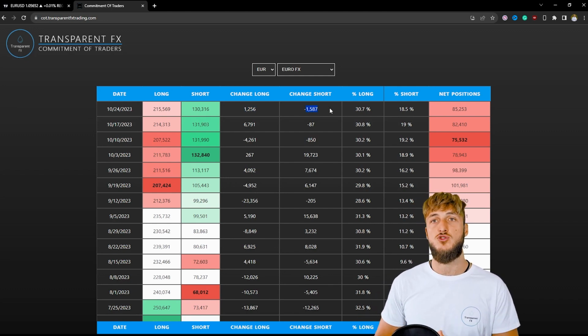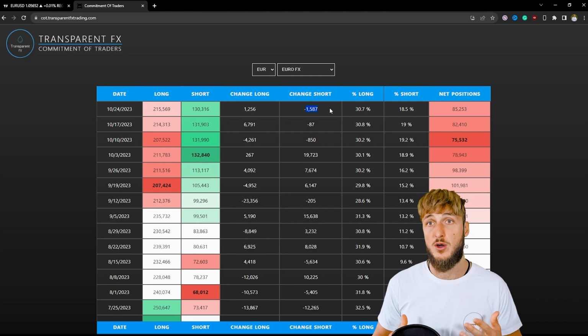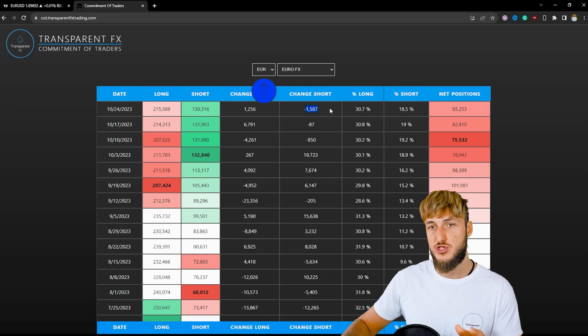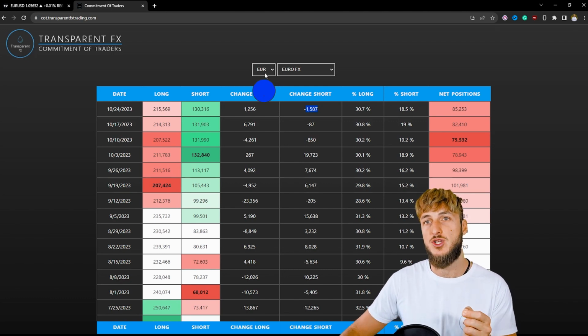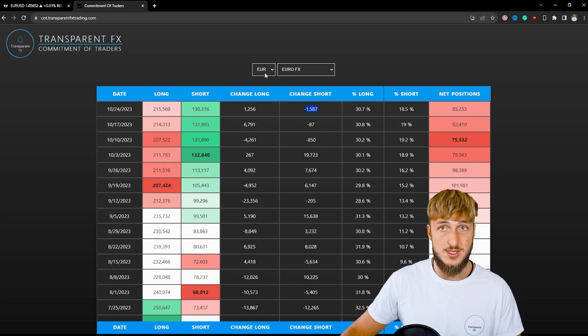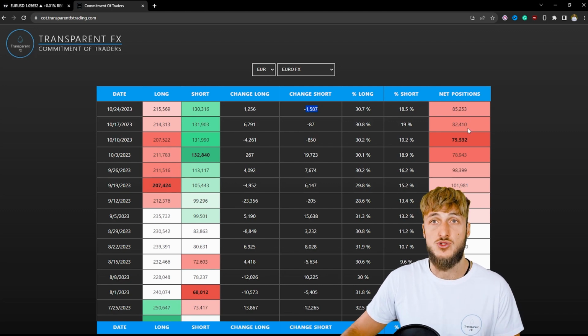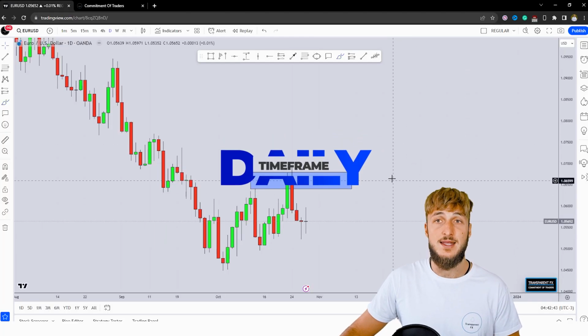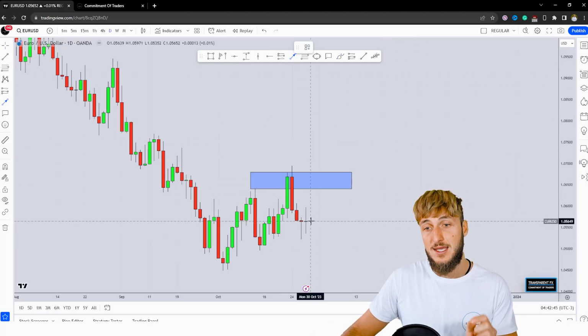So clearly institutions are moving to the bullish side of the euro. Now keep in mind that all currencies on the spot are traded against the USD. So if we're checking the data for the euro, we're actually already checking EURUSD. And since institutions are increasing their net positions on EURUSD, this means that there is a high probability that if